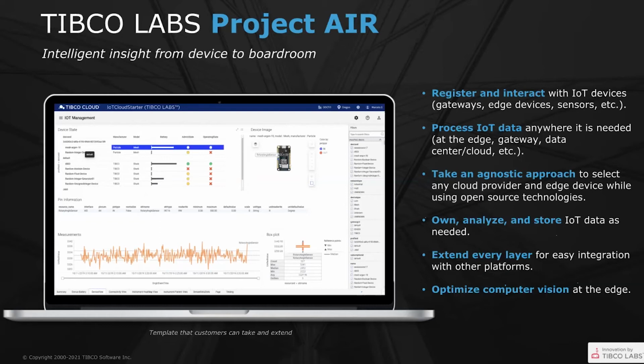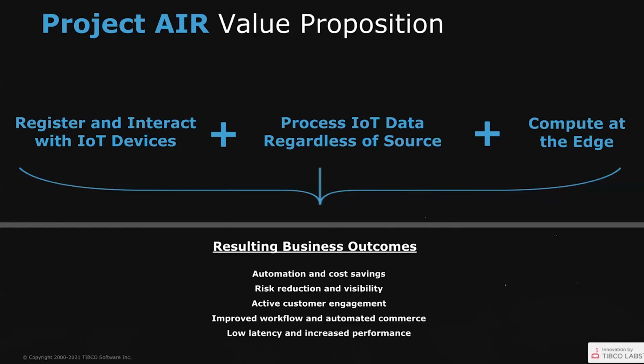We have cloud starters, like in the previous session, that allow you to create really powerful cloud applications. And we are actually optimizing for computer vision at the edge. So we have a couple of modules that allow easier deployment and inferencing of computer vision right at the edge. So basically the value proposition, just to recap, is register your devices, process the data regardless of where the source is coming from, and compute at the edge. You can deploy these pipelines, which are basically application logic, right at the edge or at the cloud,